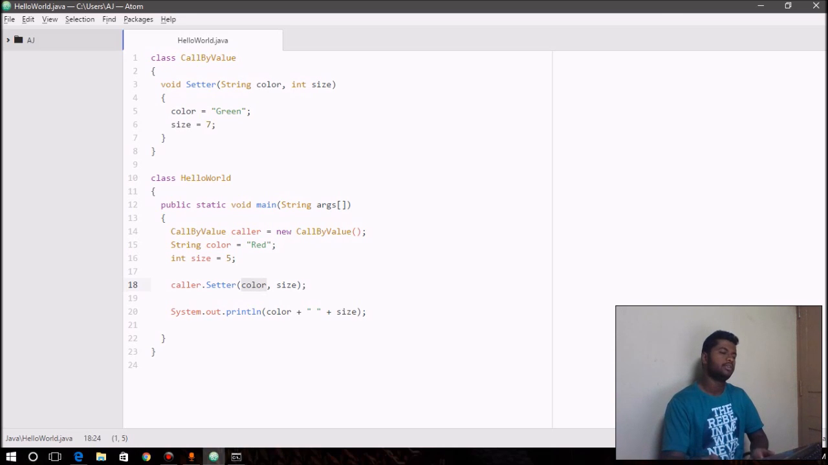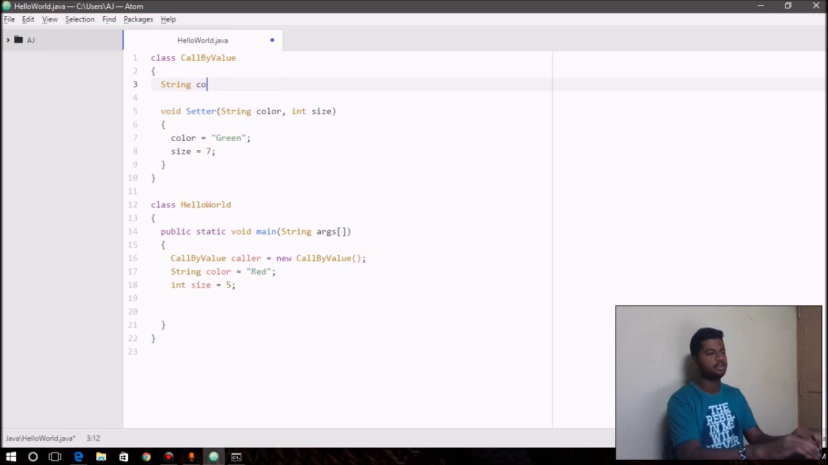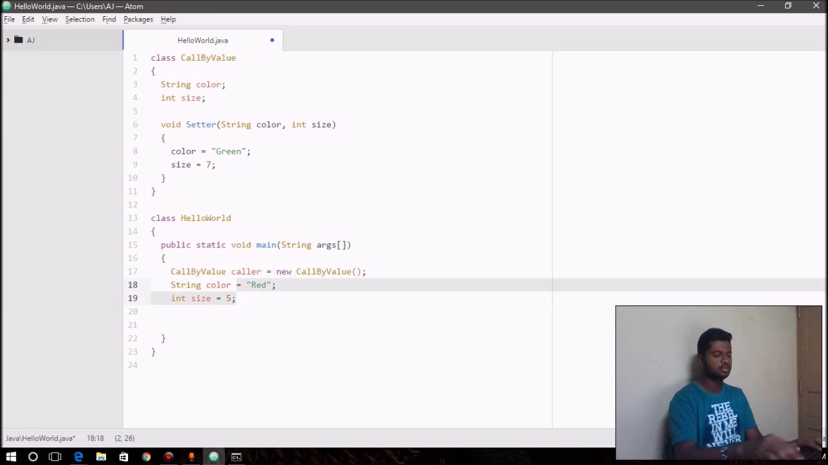There is another technique called call by reference. What I mean by reference is something that points to a location in memory. So here an object is a reference, obviously, because it points to a memory location. And you can have variables for the class, string color and size. So you make the color and size instance variables, and then you say,